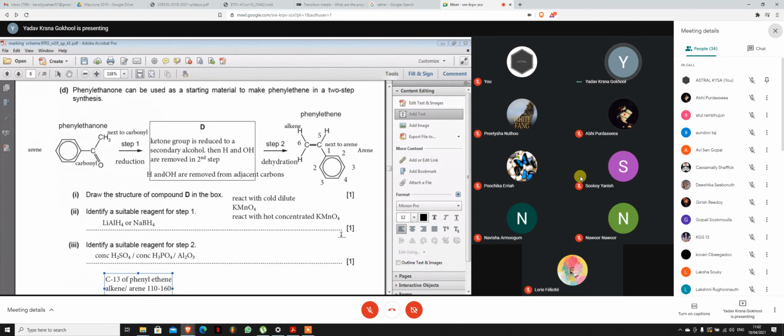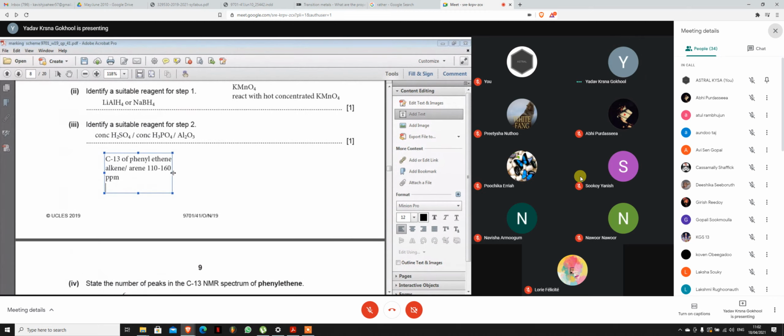Now, this is number 1. Number 2 now, if we have an alkene or an arene, you will see on the table, you will have next to alkene or arene. This is my second one, my second peak,